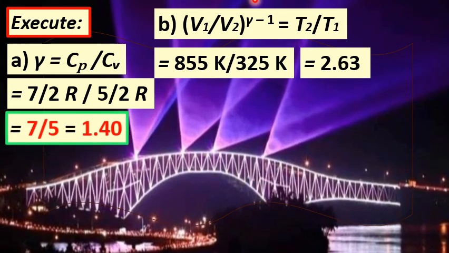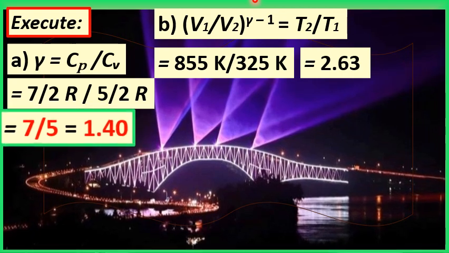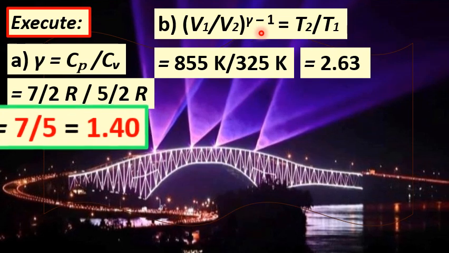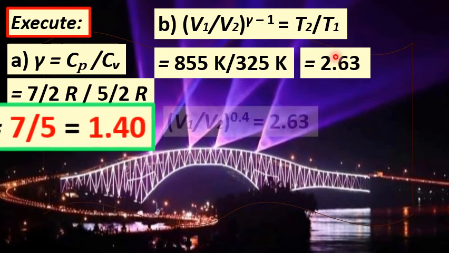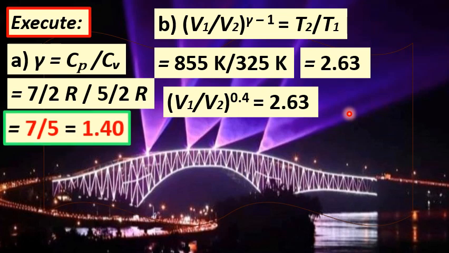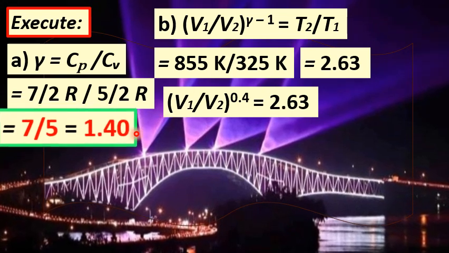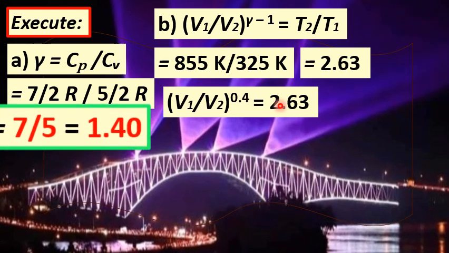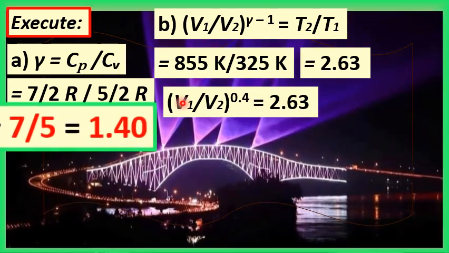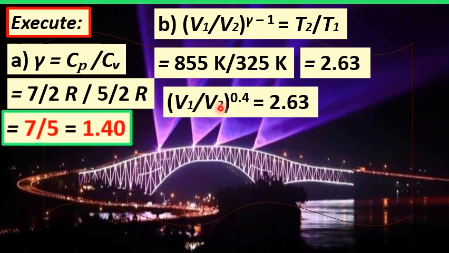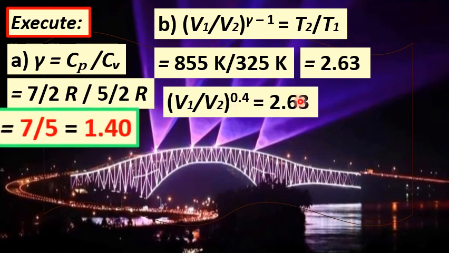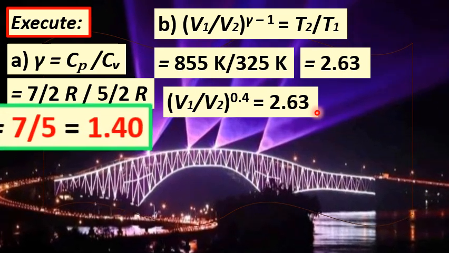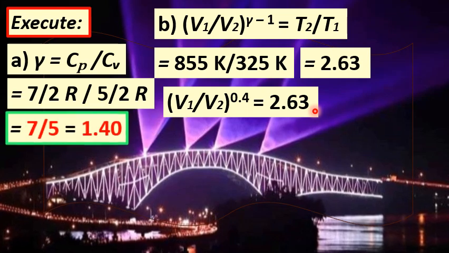And that number 2.63 is also equal to the ratio of V sub 1 over V sub 2 raised to the power gamma minus 1. Gamma minus 1, or 1.40 minus 1, is 0.4. So what we want is to isolate V sub 2 in this equation. So what we do is to